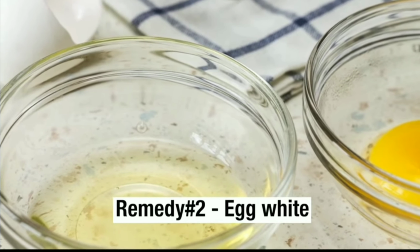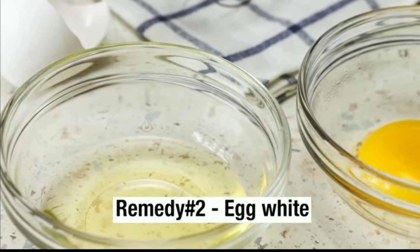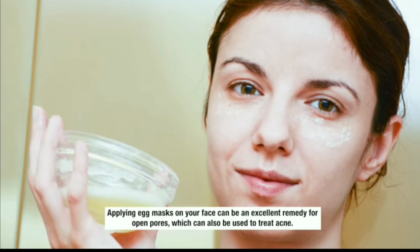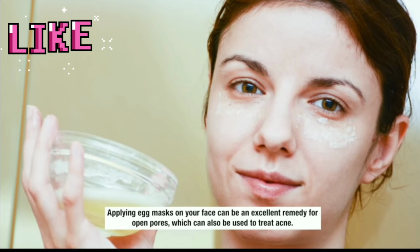Now coming to our remedy number 2, that is with egg white. Applying egg masks on your face can be an excellent remedy for open pores, which can also be used to treat acne. To make this mask, you will need